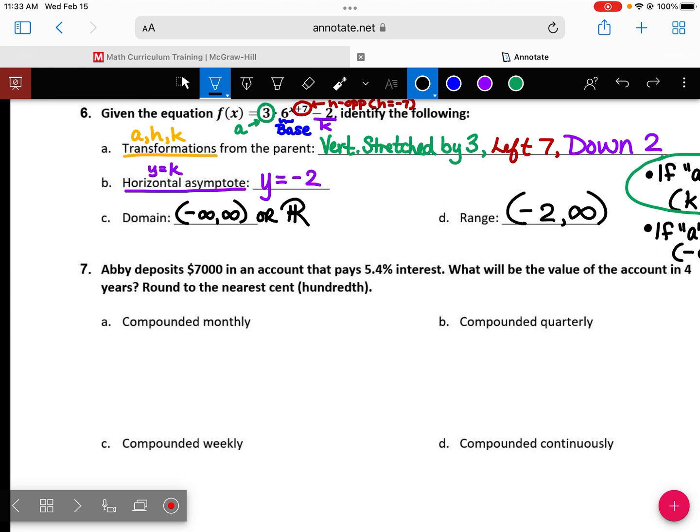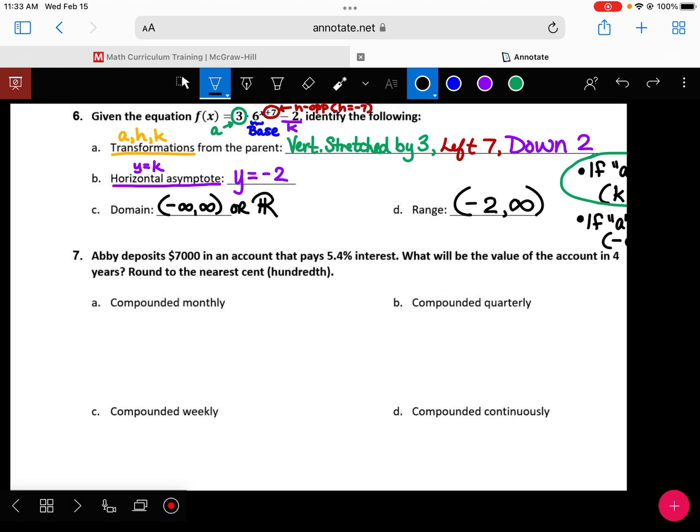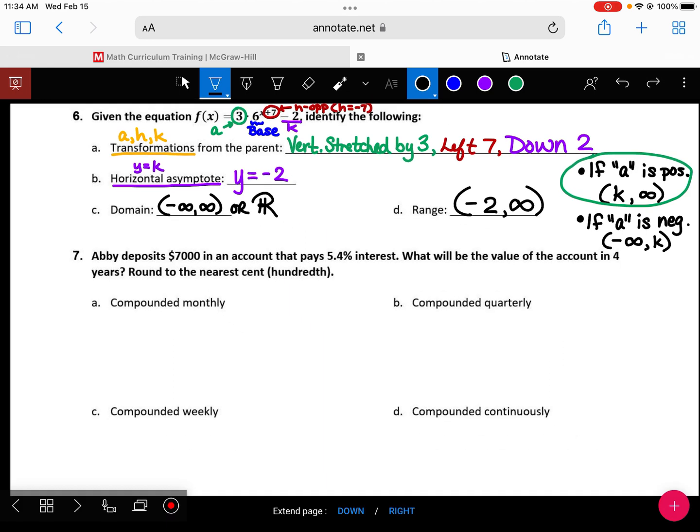All right. Do you guys have any questions about number 6? No. Number 7. We've got 4 parts to number 7. Anytime we have a story problem, we're going to be using one of the equations from up at the top of the page. For part A,